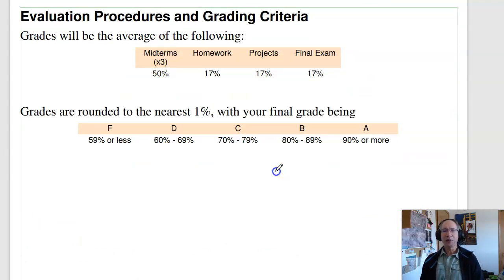In terms of evaluation, this course is going to have 3 midterms, homework sets due once a week, and a term project at the end. The term project combines 2 or 3 homework sets together in one big design, a more elaborate homework set, or an experiment, such as, are NDSU mugs better than UND mugs, that sort of thing. Something that uses a PIC processor and knowledge from a couple different lectures. That's the term project due at the end of the semester, and the final exam also at the end of